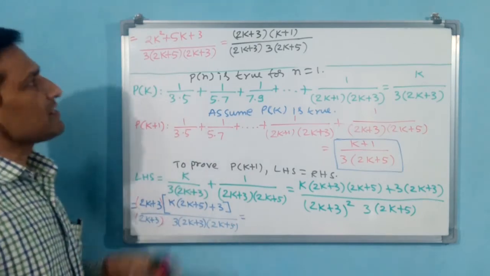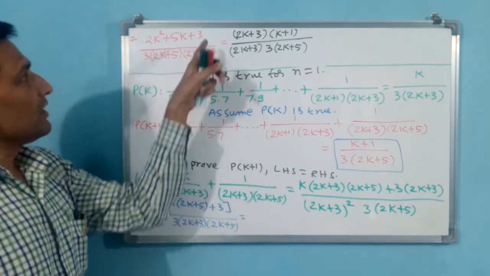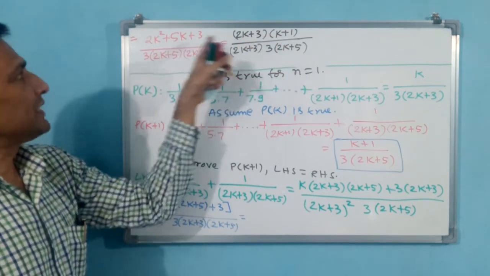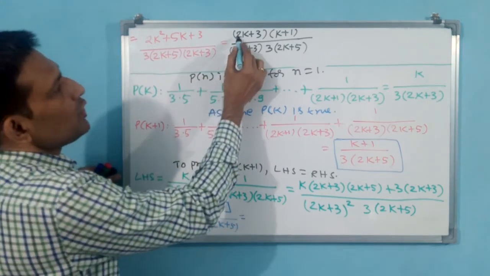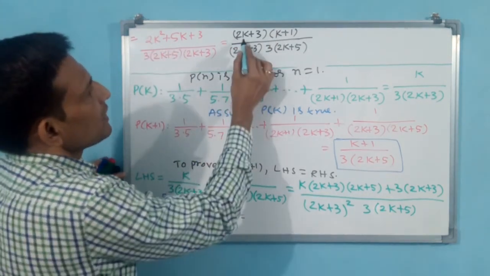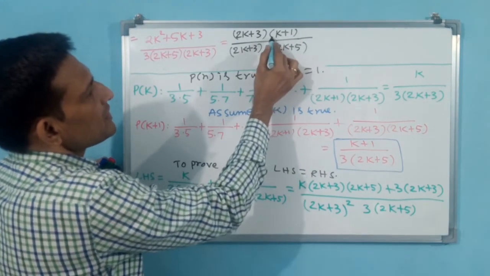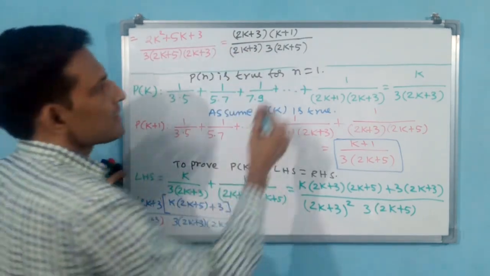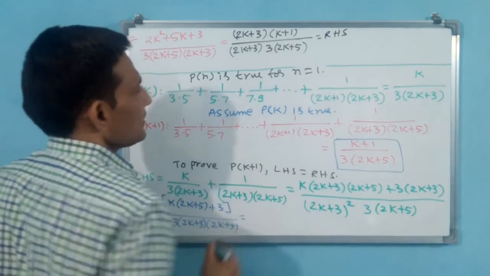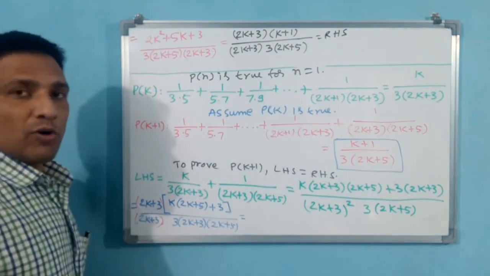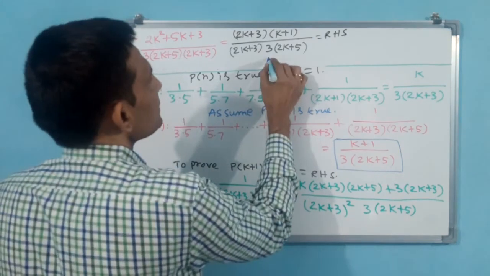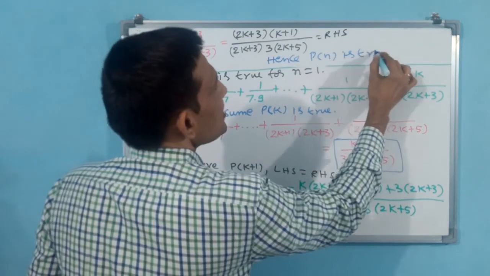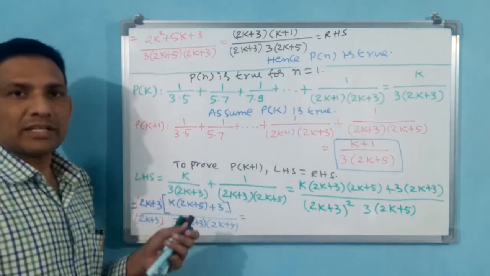quadratic is coming or not. This is not an equation. Why? Because is equal to 0 is not there. We can say a quadratic expression. After multiplication of these two, you see whether a quadratic expression is coming or not. You see 2k into k, 2k square. 2k square is there. Okay. 2k into 1, 2k. 3 into k, 3k. 2k plus 3k, 5k. 5k is there. 3 into 1, 3. Then over. Your RHS has come. You write down RHS. Finally, what do you have to write? You have to write P(n) is true. Hence, P of n is true. That's all. Okay, do you understand now?